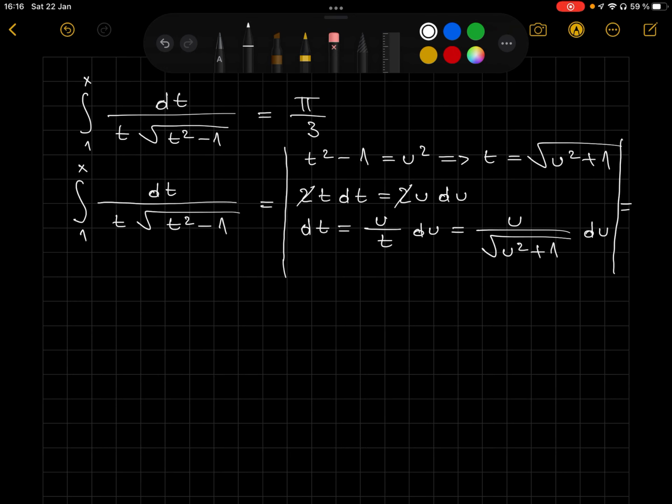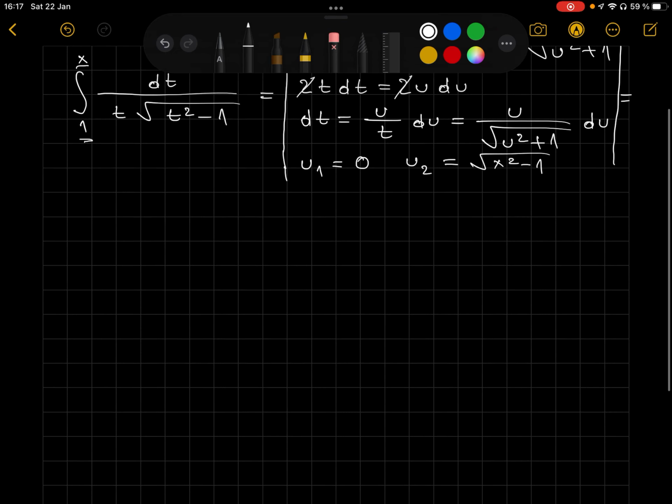As for the new limits of integration, when you plug this one into this formula, you'll get that u squared is equal to 0, so u1 is equal to 0, and when you plug this x again into this formula, you'll get that u2 is equal to the square root of x squared minus 1. With these changes in mind, we get the new integral